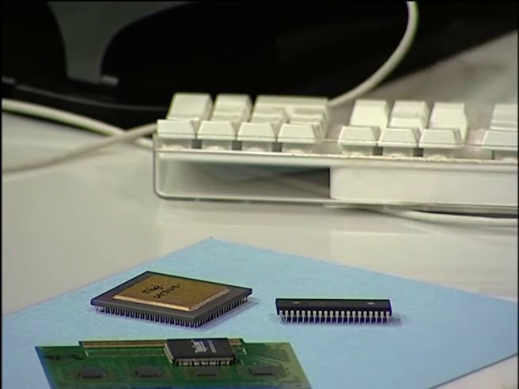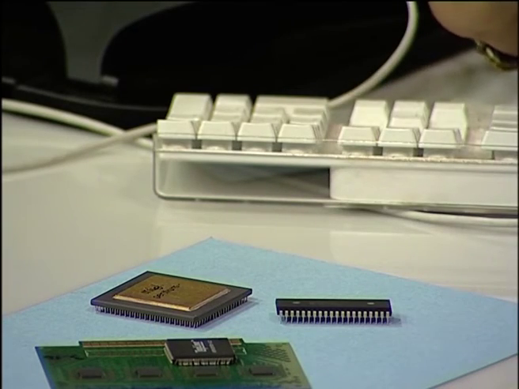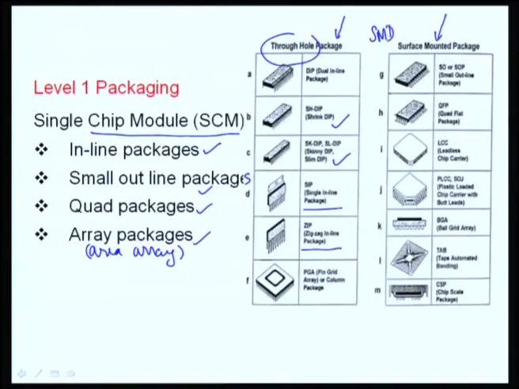So, the surface mount packages will not have a requirement for creating holes on the printed wiring board. They will be assembled on the surface of the board, as the name indicates. So, that is why it is called a surface mount technology. If you use surface mount devices, you are working with surface mount technology. So, I will write it here, surface mount devices and surface mount technology. Okay.